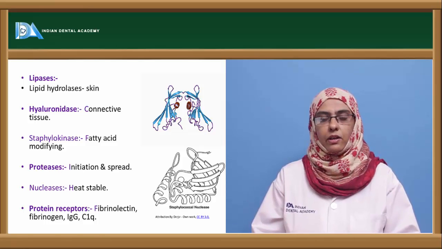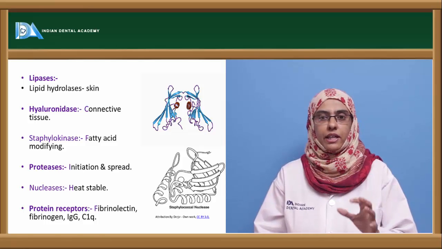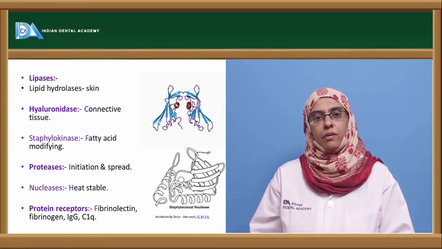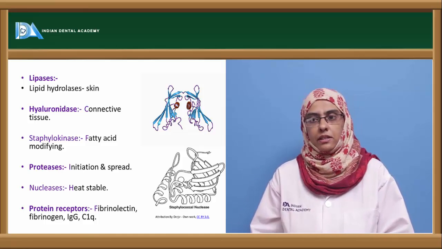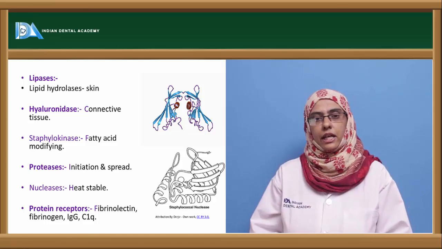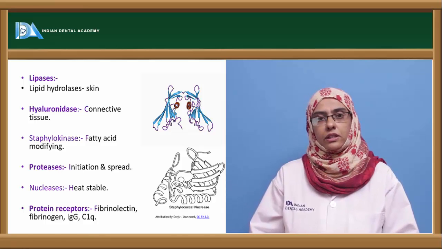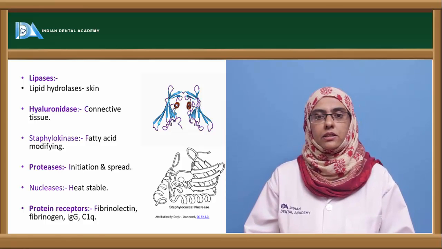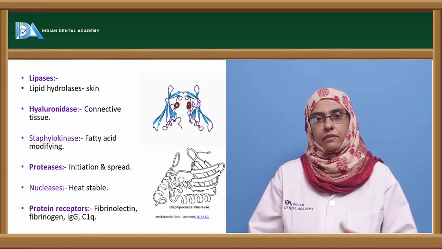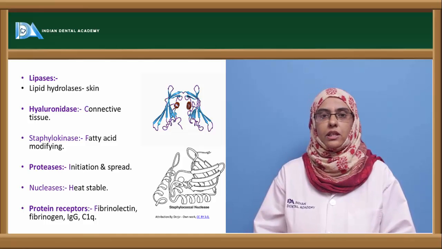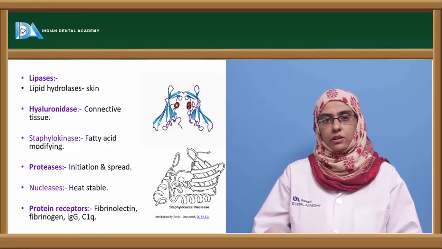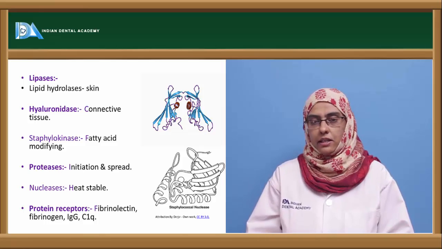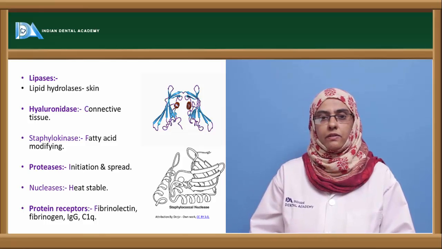And next is the staphylokinase, which is a fatty acid modifying enzyme that modifies the fatty acids present in the cells, and with the help of proteases they can initiate and spread the infections. Nucleases, as I told you, are a characteristic feature of Staphylococcus. They are highly stable, thermostable enzymes, and the protein receptors of these organisms have receptors toward fibronectin, fibrinogen, IgG and C1q. Because of the C1q receptor that they have, they can activate the complement system and can mediate the release of the inflammatory